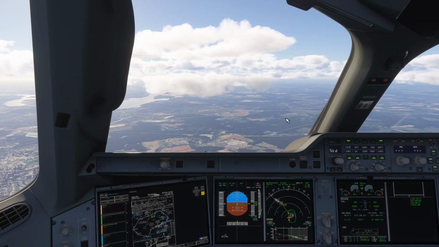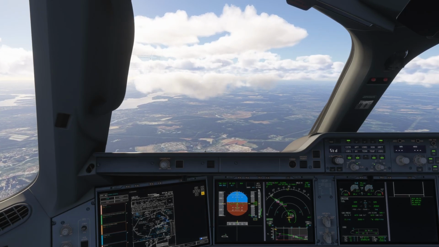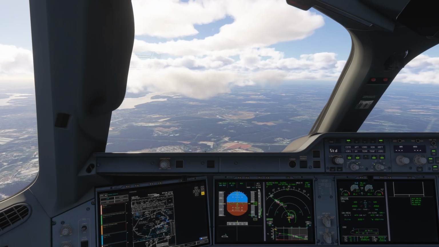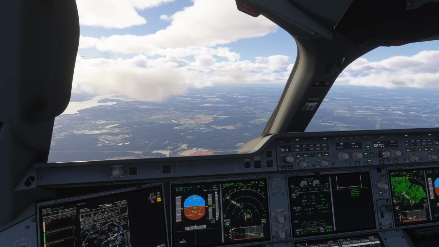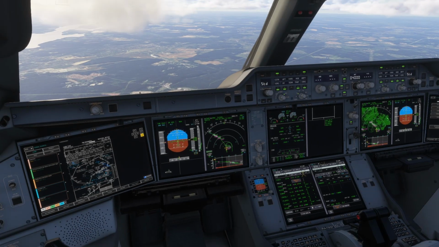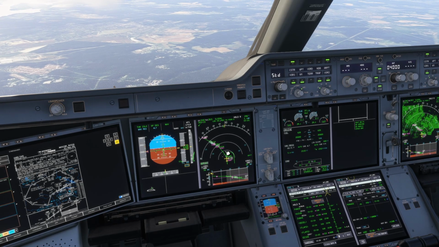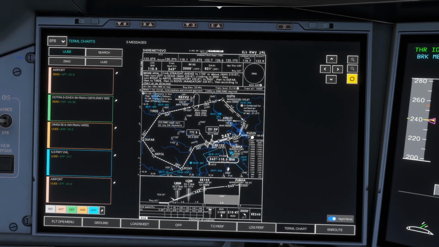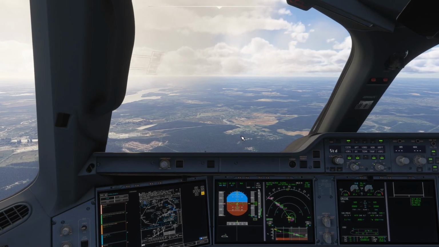I forgot to unmute my mic to record this bit, but we're past 10,000 now. Turned on the seatbelt signs, turned on the landing lights. We're at a holding pattern here. We need to reach 4,000 feet so we can start capturing the localizer, and we'll start slowing down soon to 210 knots. Actually 180 knots, because that's the recommended speed, mandatory to capture the localizer for 3-4 left.